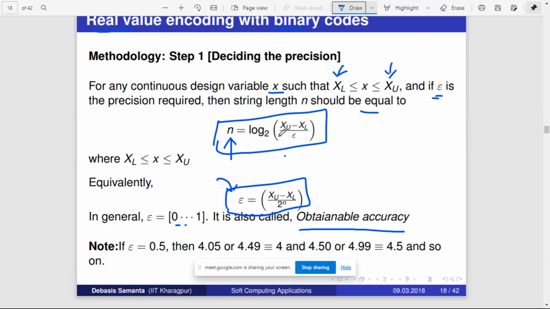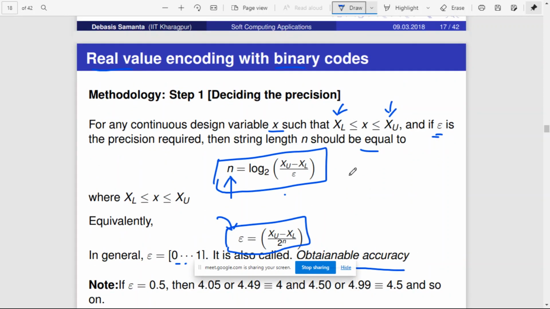So basically this is the equation which is used to convert the real value to a binary code. Okay, so if you want to convert the real value to a binary code, then how many bits are required? Actually here we are not performing the conversion. If you want to represent this real number in binary, then how many bits are required? That n gives the number of bits. If n is 4, then it means that this x can be represented using 4 bits. 1, 2, 3, 4. If it is 5, then it means you need 5 bits to represent this. Okay. And these are the parameters required: xl, xu and epsilon. Right.